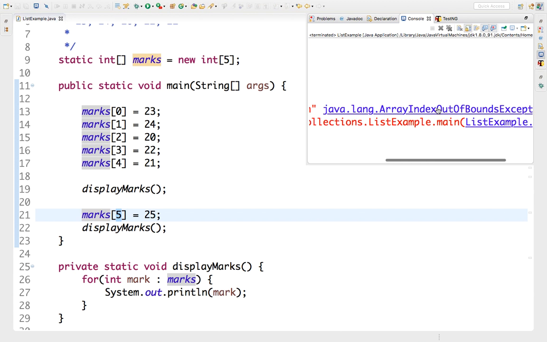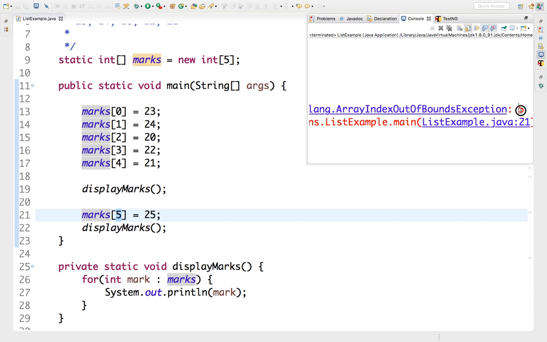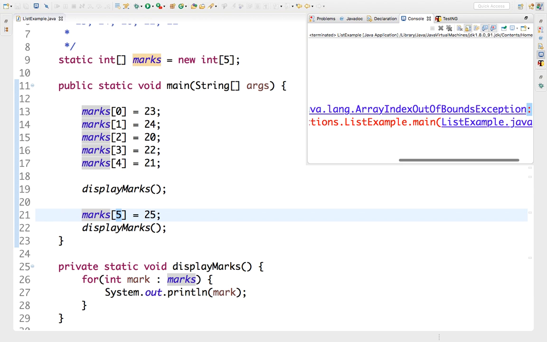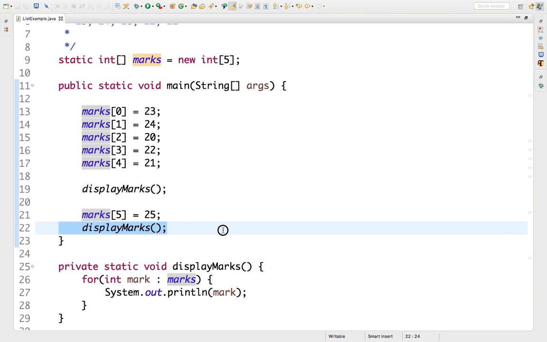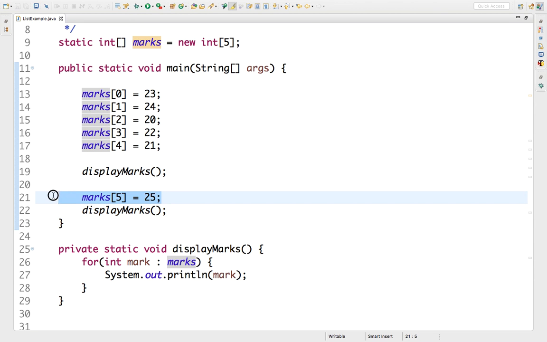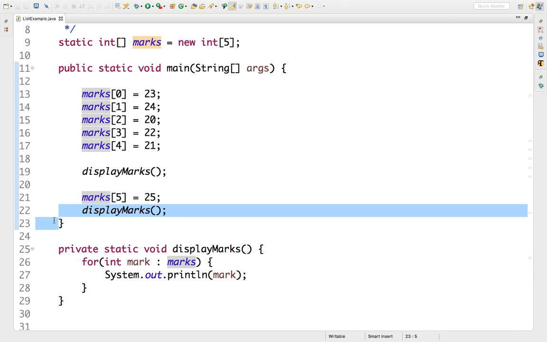So what happens in Java is, once you define an array and that has a particular size, if you want to access something outside that size, the boundary, if you go beyond that, it's going to give you this error, this exception. Okay, what is an exception? I'll tell you, this is something which doesn't let your code flow ahead. At least I should have called this method, but when it tried to access this line, it failed and it didn't even execute the next line. So if in a program you face a certain problem which is going to create an exception, then your program execution is going to stop. So what are those things, we'll discuss in the next class, but let's focus on the array